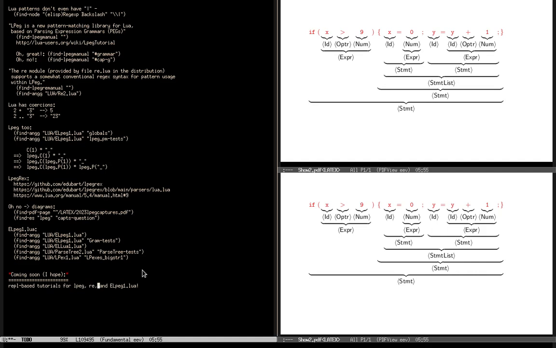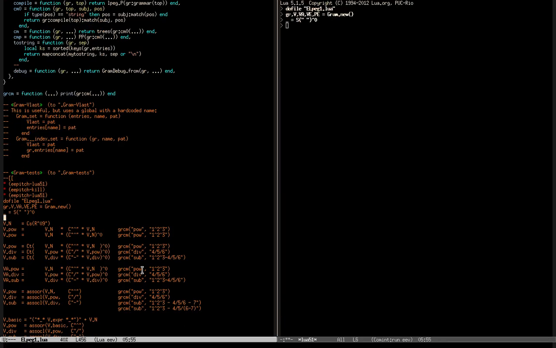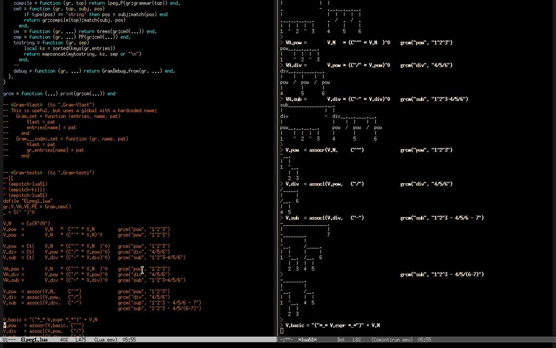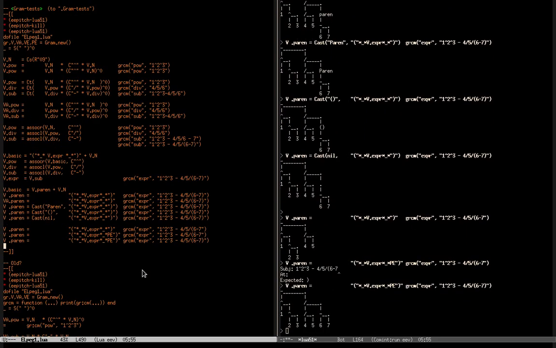I could also do something like this for LPegRex. LPeg1.lua is the thing that I wrote, the one that has tests in comments, and the tests usually generate trees, and sometimes they generate TeX code.